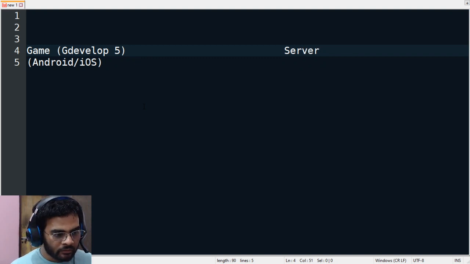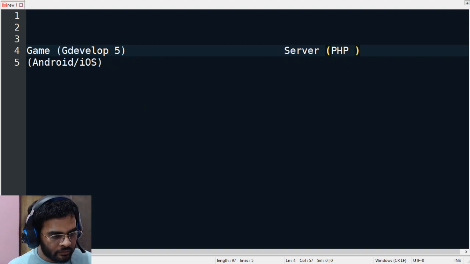So we also want to make now a server, and this server I will make in PHP, right? You can choose any language to make it, any server side scripting language, but since I am proficient in PHP, I will be able to make it in PHP.